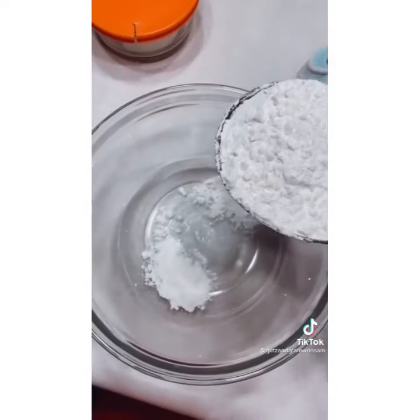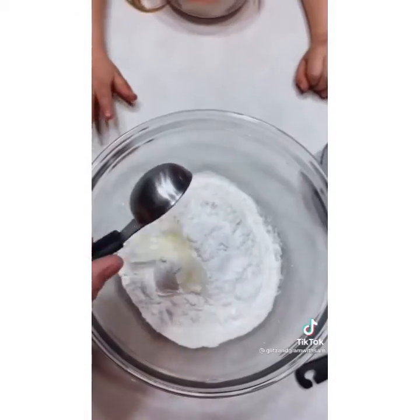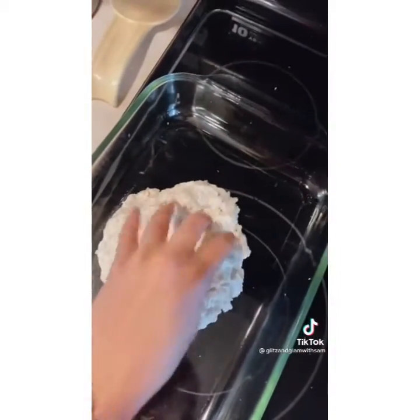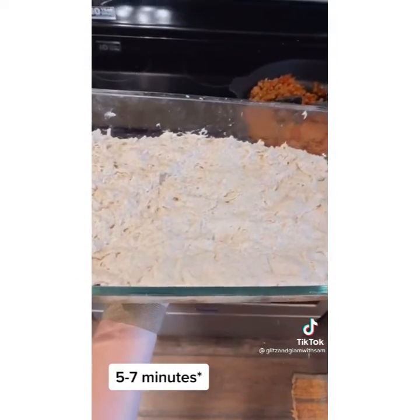To a mixing bowl, add 2 cups flour, 3 teaspoons baking powder, 2 tablespoons oil, and 1 teaspoon of salt. 3/4 of a cup of water. Once your dough is formed, spread evenly into the bottom of a well-oiled 9x13 pan. Partially bake in a 350-degree oven for 5 to...